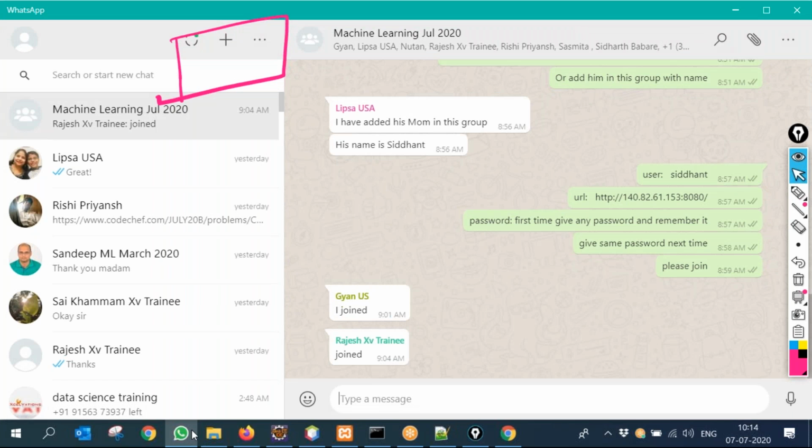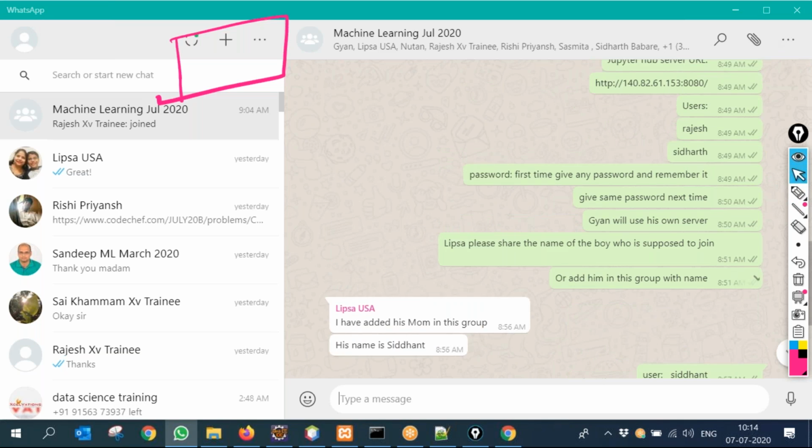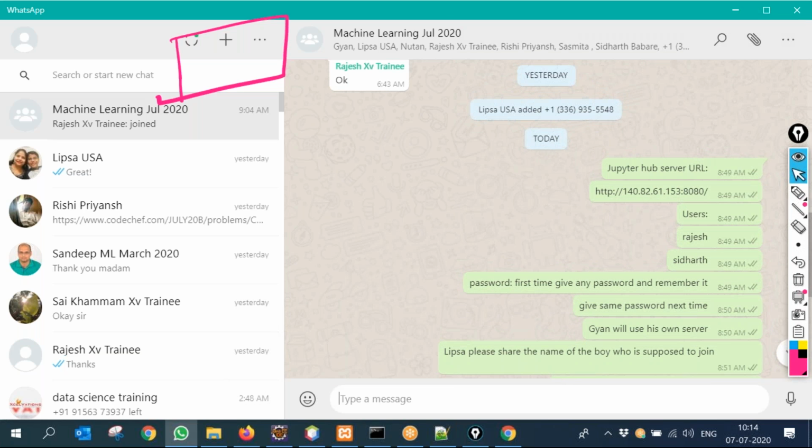Last one is Siddhant. Siddhant, I hope your spelling is correct. You can try Siddhant and log in. And then the other people are Rajesh and Siddharth.